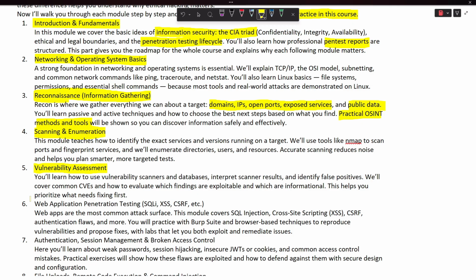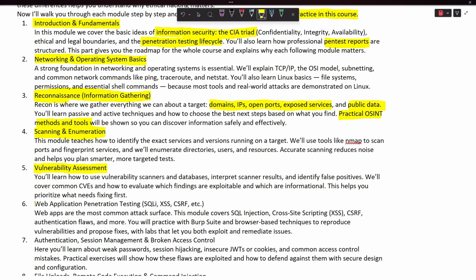So this is important. Some people think that if any tool gives you details about a vulnerability, it means it is exploitable. But in reality, they are not. Most of the time, there will be false positive results. It will just not be a vulnerability. So you should be able to differentiate false positives and real bugs. This helps prioritize what needs fixing first.